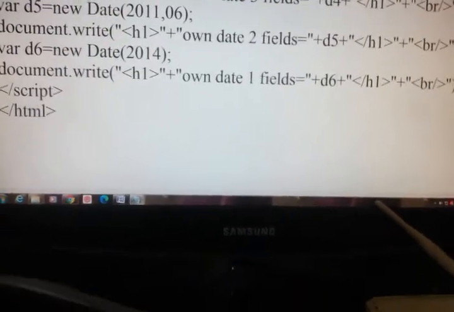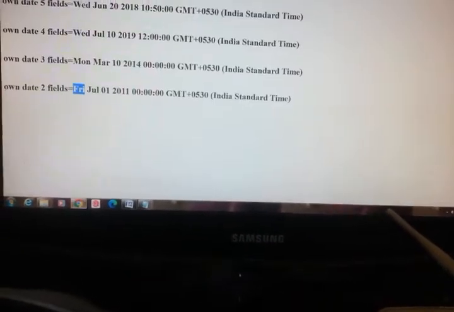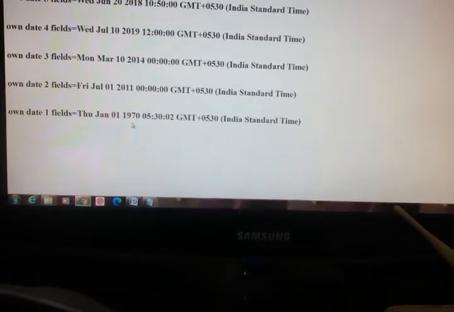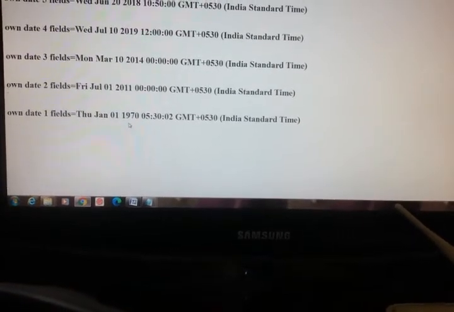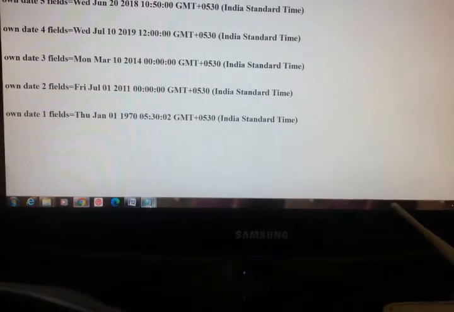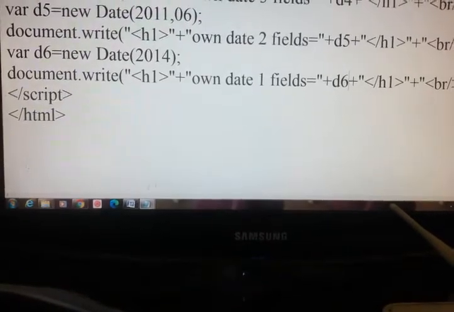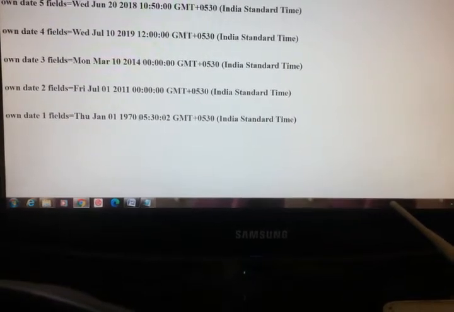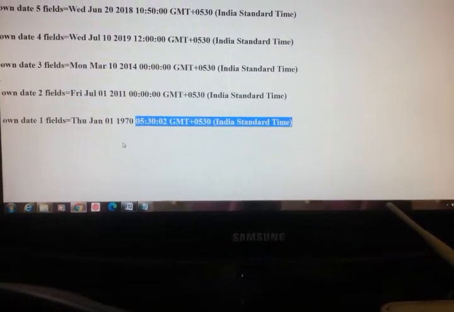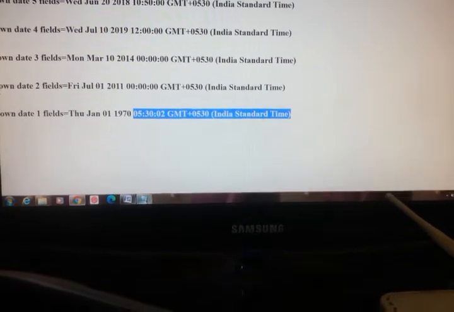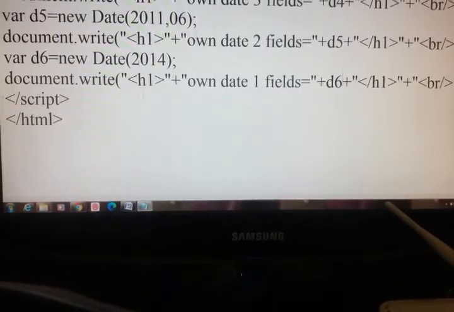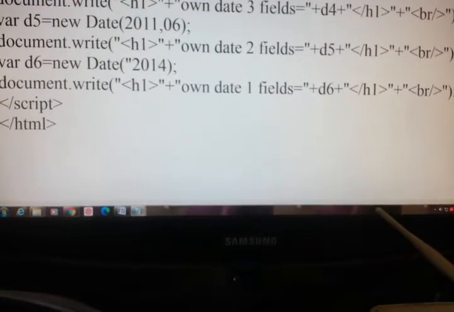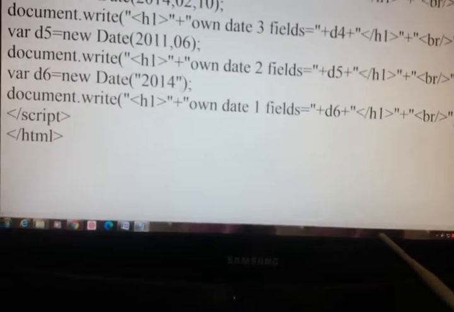Just save it and then run. I have given one field, 2014, but it has taken 1970. It has taken it wrong. When it should take only a single one, to give it like this, let's see what happens.